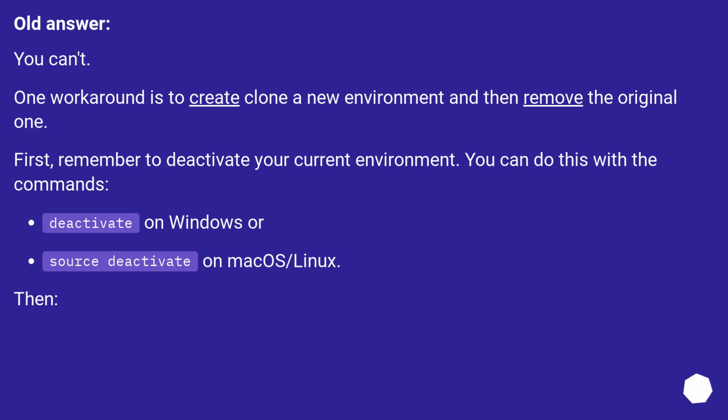Old answer. You can't. One workaround is to clone a new environment and then remove the original one. First, remember to deactivate your current environment. You can do this with the commands deactivate on Windows or source deactivate on macOS/Linux. Then,